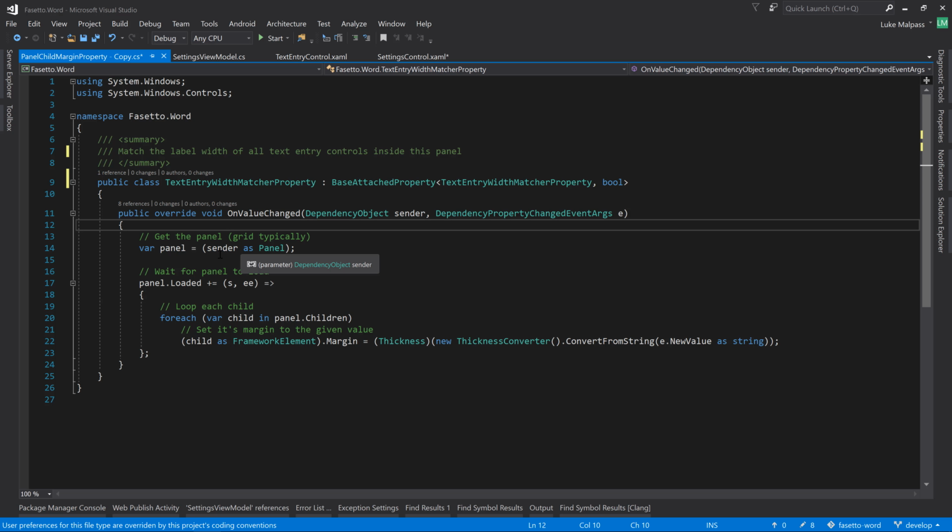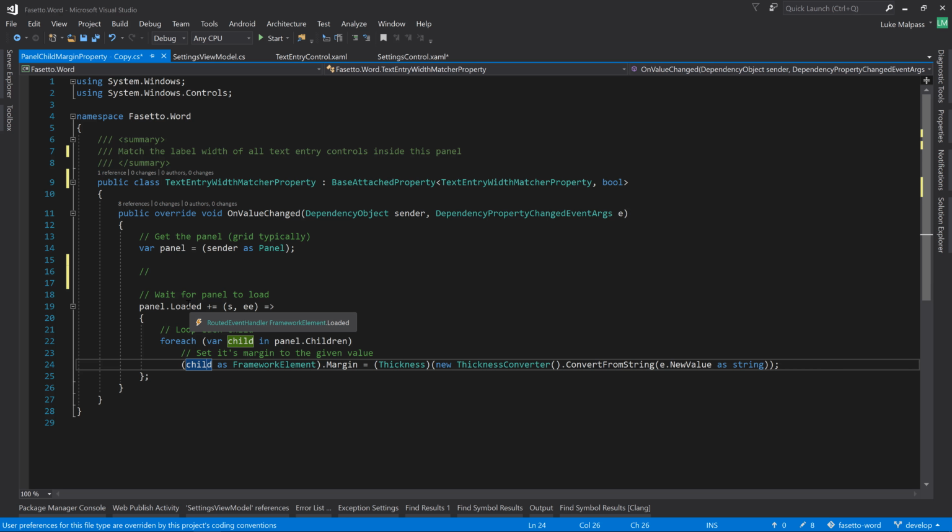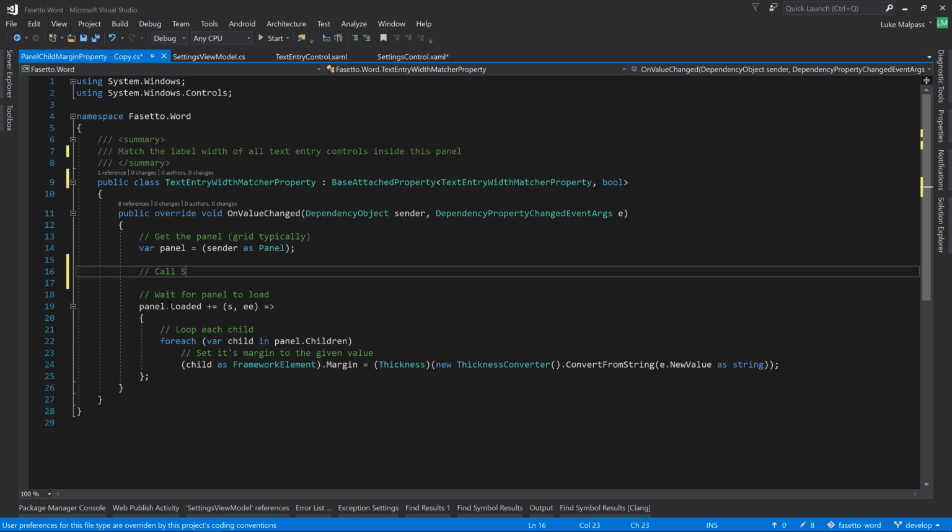So in here we get the panel, which is fine. Then we want a function to set the width initially. The problem we'll have with design time showing this correctly is that loaded won't fire. So we'll wait for it to load, then work out the widths, and then monitor size changes. But in order for the design time editors to also show, we'll call it at least once here anyway. So call set widths